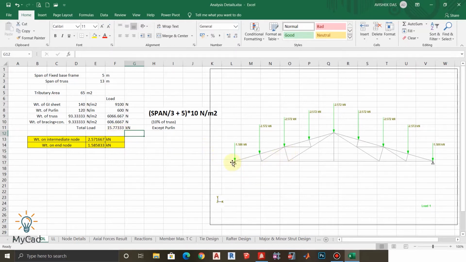Now I'll consider that each of the nodes has P load on it, like this node having P load vertically downward, this node having P, this node having P, and similarly up to this node having P load in the downward direction. And these end nodes will have P by 2, as the tributary area for the end nodes will be half of the intermediate nodes.